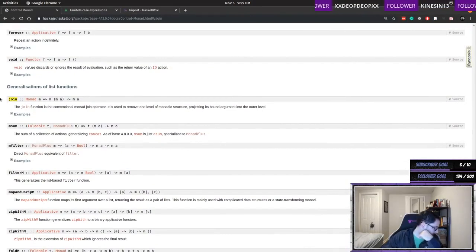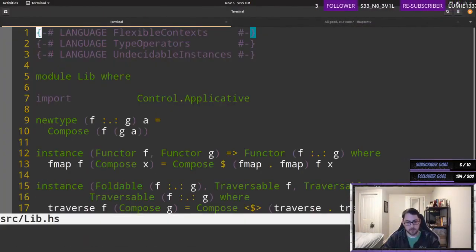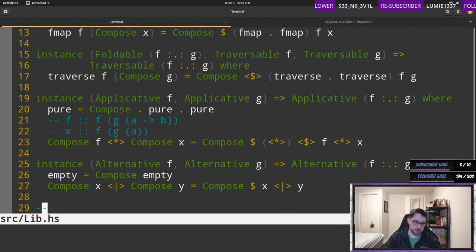Okay. So the way they write this in the book is that it's a part of the interface for monad, but it's not. It's a separate function. So there's a lot of things that changed between the versions that I'm working with and these sorts of things. But